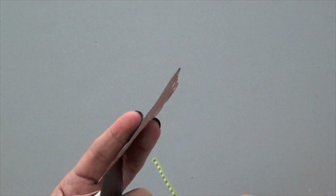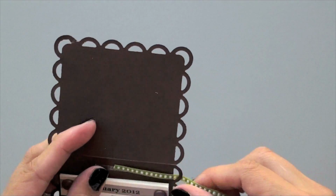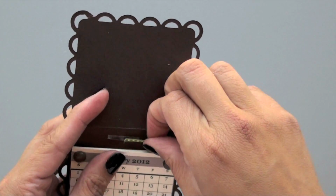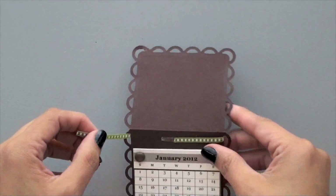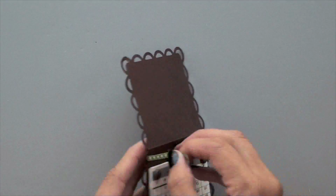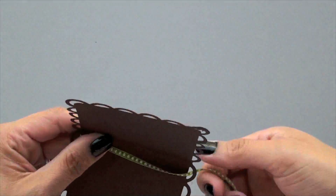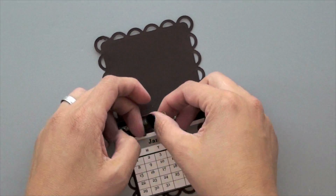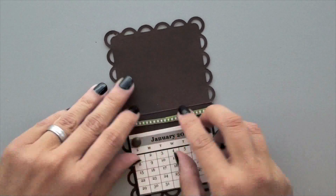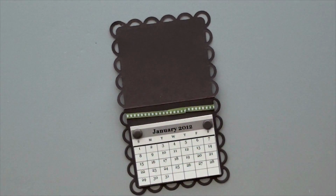You're going to thread your piece of ribbon through the first loop and adhere it kind of in the middle of that piece. Bring it down a little bit, and then thread it through that other loop. Now be careful when you do this to check in the back, because sometimes the ribbon tends to twist itself, and it did. So let me straighten it out. It's just little details, you know, to have your ribbon flat in the back. It looks nice from the inside as much as in the front. And then just go ahead and snip off any excess ribbon you might have,